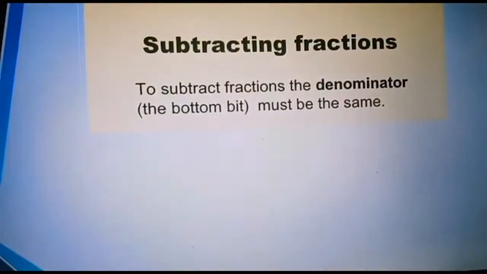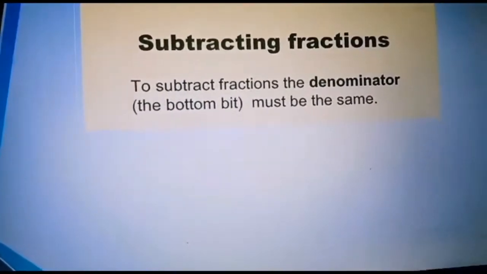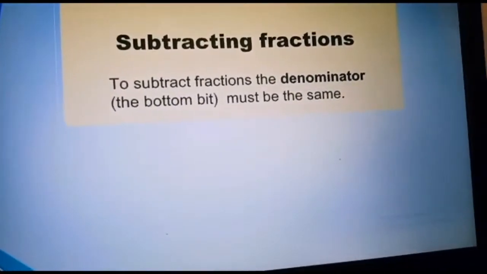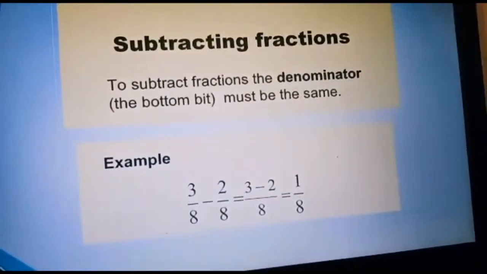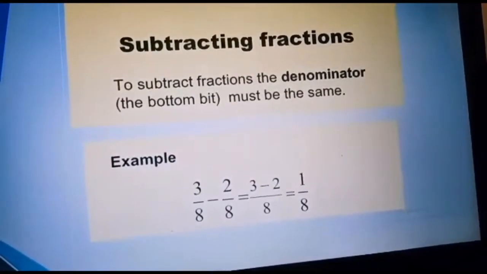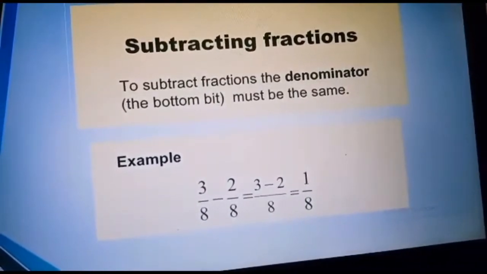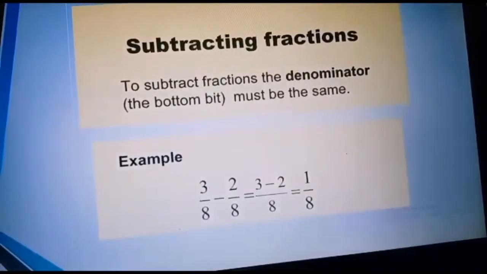Now let me move to the subtraction of fractions. The subtraction is also the same as the addition, but only the operation has changed. So in this also the denominator should be the same, then only we can subtract. I'll show you one example. The first fraction is 3 by 8, the next fraction is 2 by 8. Can you observe the denominators are 8 and 8? So we can subtract easily. What are the numerators? 3 and 2. So now we subtract 3 minus 2. 3 minus 2 is 1. So 1 by 8. So this is the main thing for addition and subtraction.